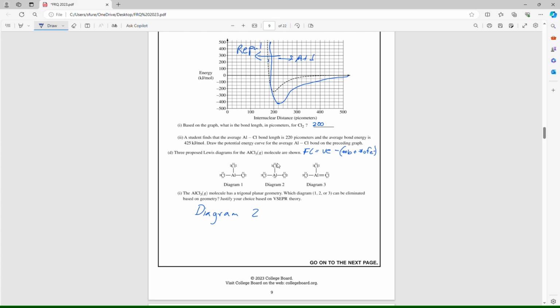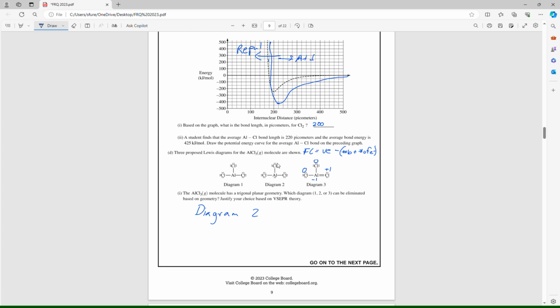So chlorine has 7 valence electrons. So 7 minus number of bonds, 1. 7 minus 1 is 6. Minus number of electrons in lone pairs. There's 1, 2, 3, 4, 5, 6 electrons as lone pairs. So this chlorine has a formal charge of 0. How about this aluminum? Aluminum has 3 valence electrons, and there's 4 bonds here, 1, 2, 3, 4. So this aluminum has -1. These 2 chlorines are the same, so formal charge of 0. This chlorine, so again, 7 valence electrons minus the 2 bonds makes 5, minus the 4 electrons as lone pairs makes positive 1. So this is immediately not a good diagram because